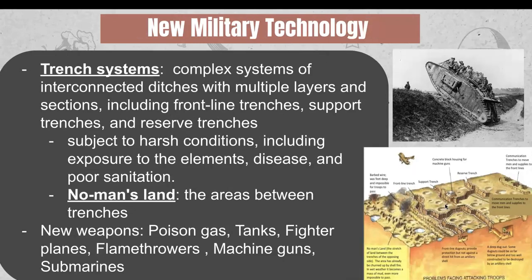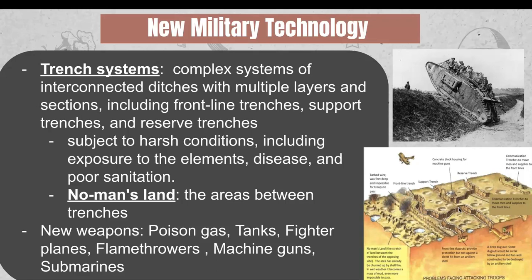We are also going to see the rise of new military technology during World War I. Specifically with World War I, we will see the introduction of trench systems. Here's a few pictures of trenches and what they looked like. So the top picture is of just a path within the trenches. And then the bottom picture shows an elaborate map of what trenches looked like at this time. Trenches were systems of interconnected ditches that had multiple different layers and sections. There were different sections, so the frontline trenches, the support trenches, the reserve trenches, and all of them had different